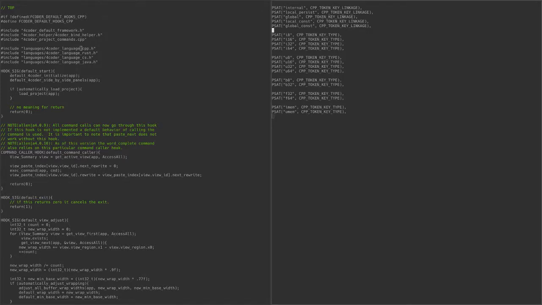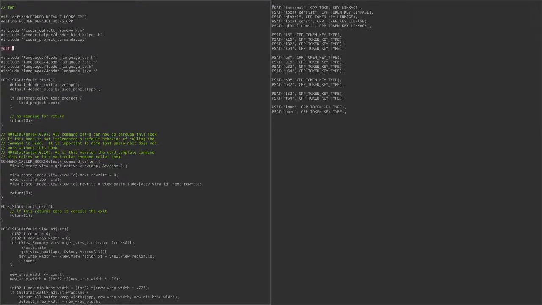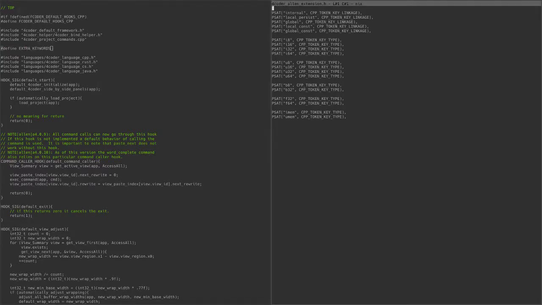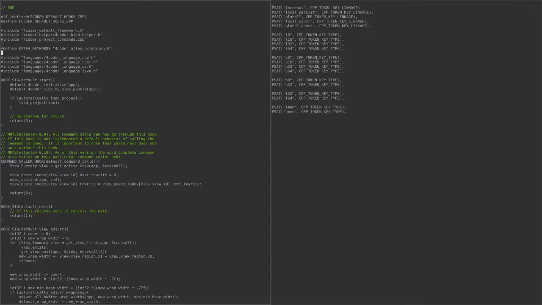So then what I can do to get these keywords working in my Lexer, all I have to do is define extra keywords and then the name of this file, which is 4coder Allen extension.h. Alright, and now language CPP will pick that up and include it, and it'll automatically get built into the C++